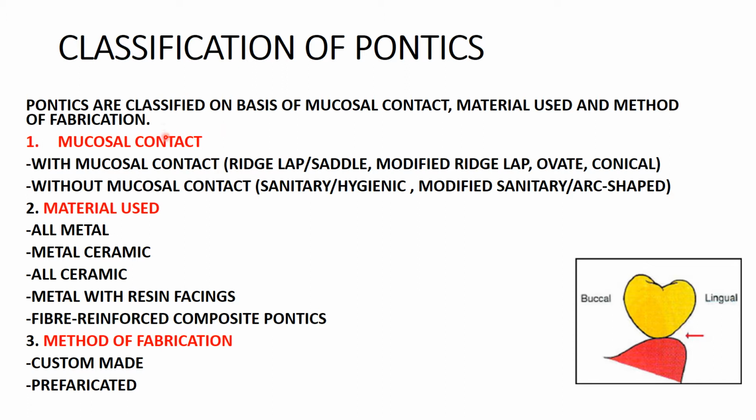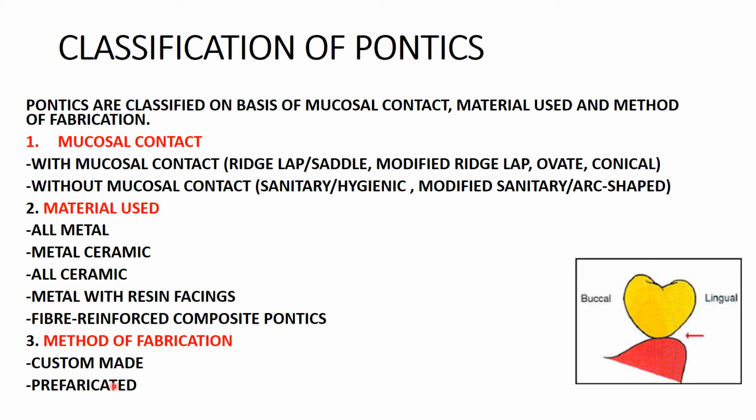Mucosal contact will be either with mucosal contact or without mucosal contact. With mucosal contact, your pontic is touching the mucosa. The examples for them are ridge lap, modified ridge lap, ovate and conical. Without mucosal contact is when your pontic is not touching the mucosa. The examples are sanitary and modified sanitary. The classification depending on the material, by which you are making that pontic, can be all metal, metal ceramic, all ceramic, metal with resin facing, or fiber reinforced composite pontic. And the third classification depends on the method of fabrication, whether it is custom made or